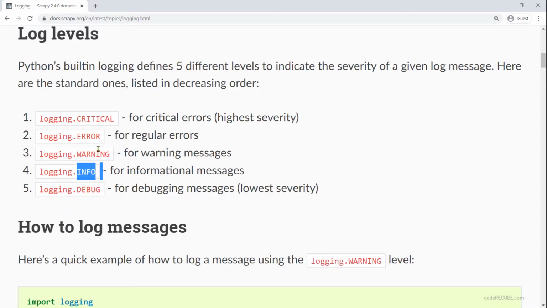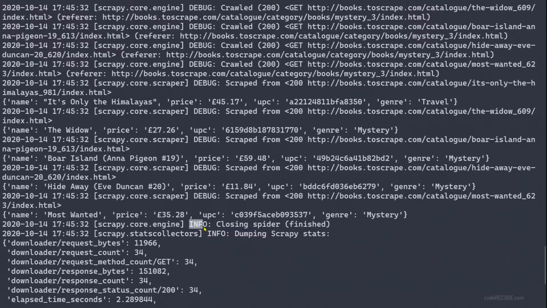Then we have info messages, warning, errors, and critical. So by default, everything goes to info. So there are a lot of debug and info messages which are printed by default. As we can see here, this is an info message. This one is debug. So info and debug messages are what are printed on the console by default.